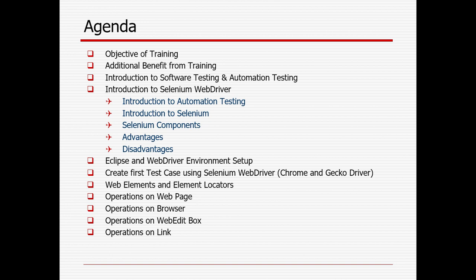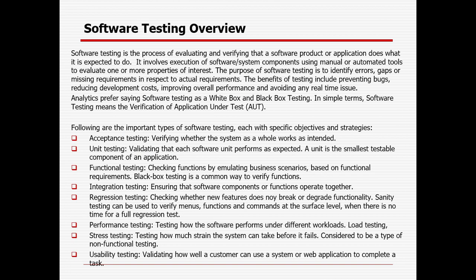So what is software testing and automation testing? Software testing, as you definitely know if you have already started your journey, is nothing but verifying the product against the expectation. The expectation is documented in a requirement document, which can be a BRD (business requirement document), a software requirement document or a software specification document. From that we first go through the requirements, identify scenarios and write test cases. Then whenever we do the execution, we try to find any deviation from the actual expectation, and any deviation is logged as a defect.